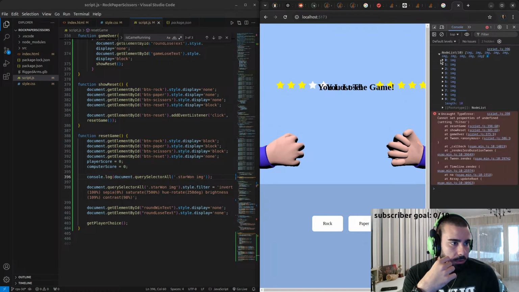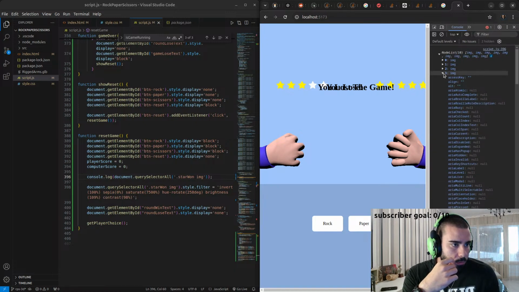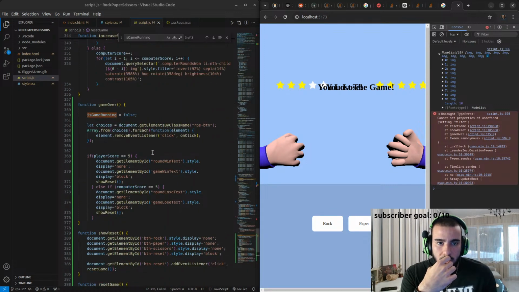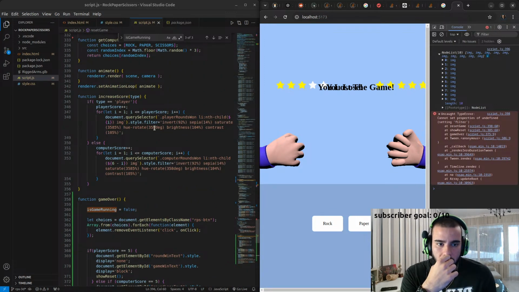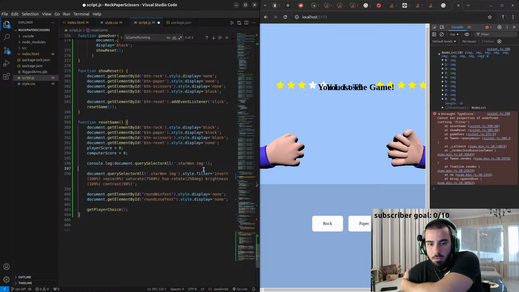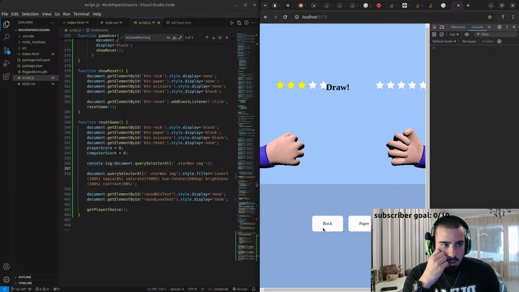So node list, we have a list of images. And I want each of them to have this style filter, like we've done here. But probably there is another way to do it if it's a query selector all, because I think it returns a collection,